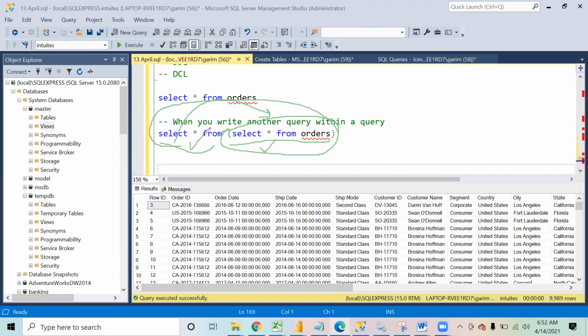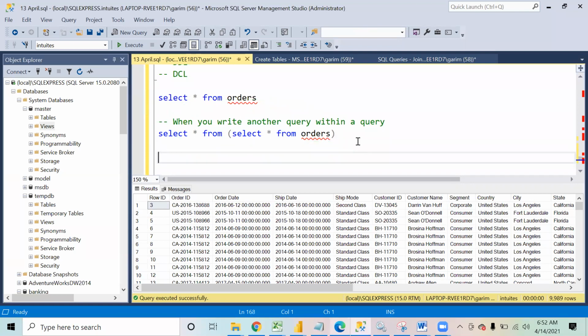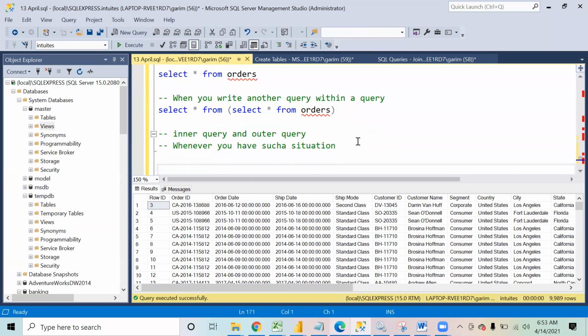Whenever you are writing a query within a query, two queries are created, the inner query and the outer query. In such a situation, the inner query is executed first and then the outer query.